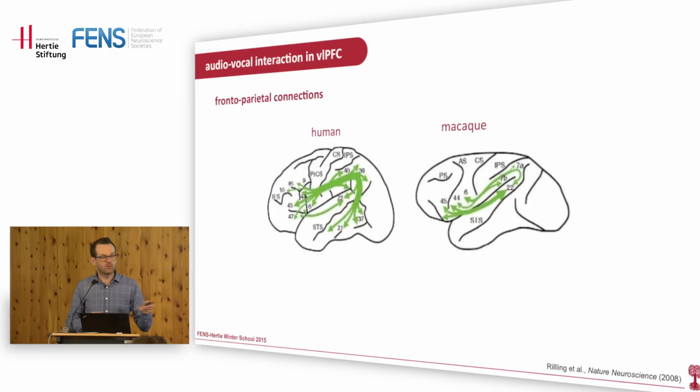And actually, I think we are seeing this figure now for the third or fourth time in this meeting. However, as we know in humans, there are these nice connections between the auditory cortex and the Broca's area, and they are also present in the rhesus macaque. So the question is whether we can also find this in the rhesus macaque, maybe cells that are integrating this behavior. And actually, when we just look at the auditory side, there are some studies that have already been done